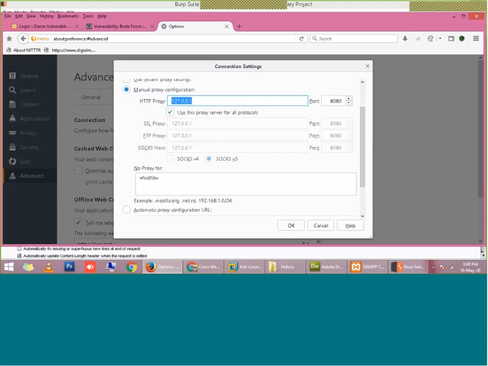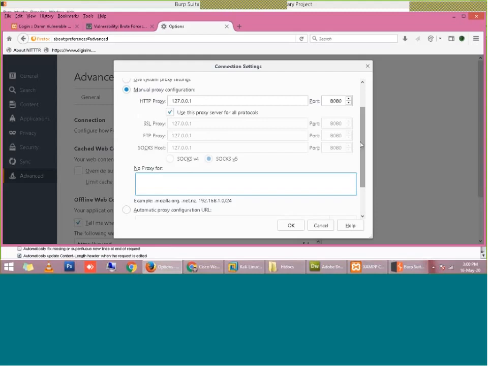Why? Because sometimes localhost may be written there. Then you are telling Burp Suite to capture this request and also not to capture it, which is contradictory. So make sure this text box is clear. If anything is written there, like localhost or DVWA, you have to clear it.